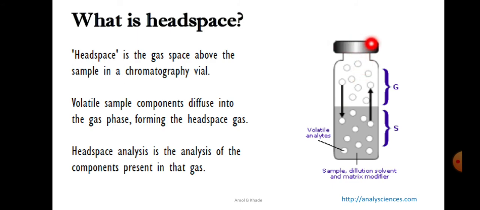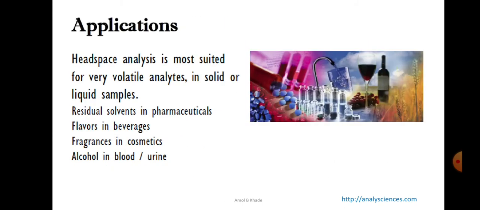And because of the rubber septum and tight screwing or tight capping, the sample will not escape from this particular vial. Okay, so what we do, we can inject the syringe and then take out our sample, which is now in the gaseous form, and then immediately inject it into an injection port. So this is a headspace analysis, which is mostly suited for very volatile analytes or highly volatile samples, either solid or liquid samples.